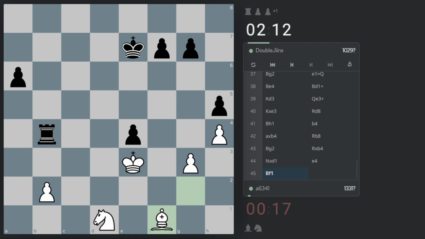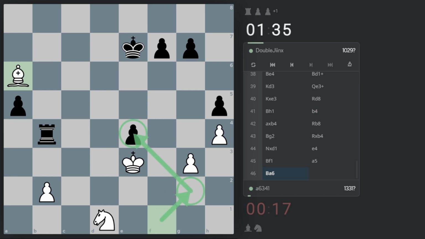Jinx with the mind break. What will he do? Or not. Attacks this pawn. It's definitely a move. Okay, I'm not certain what bishop a6 is supposed to do. Because it can't play that. That would have been bishop back to g2. But